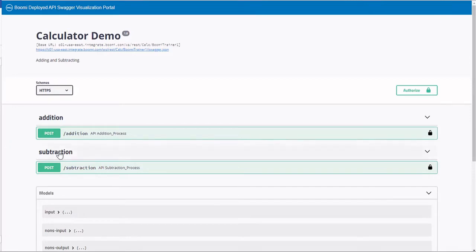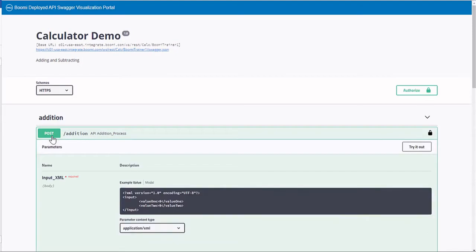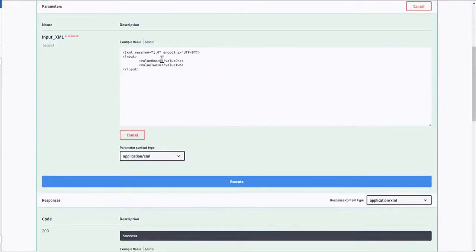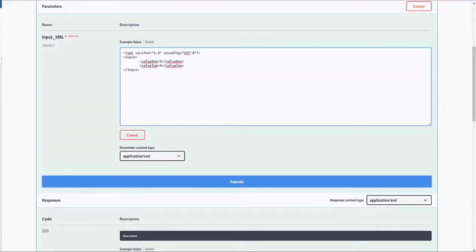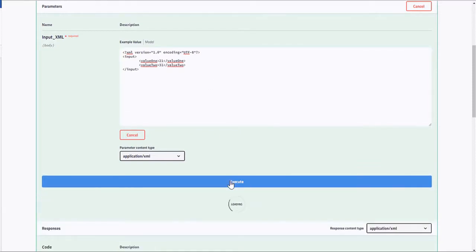What we're going to do is we'll do addition. We're going to click on Post. In Post, we have our input XML. If I click on Try It Out, this now provides the ability for me to enter. I enter in two values for addition, 21 and 31 for the second value. If I click on Execute, the blue Execute button,